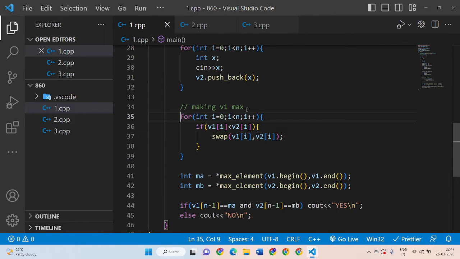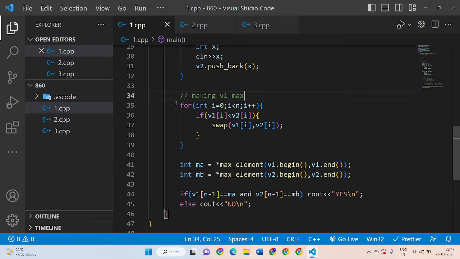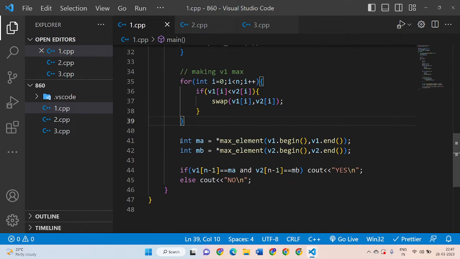Here I have written that we will make the array 1, or you can say vector 1, as the maximum, where I am storing the maximum elements. So that operation takes place, and after that I am simply checking a variable ma in which I am storing the maximum element among array 1, and in variable mb I am storing the maximum